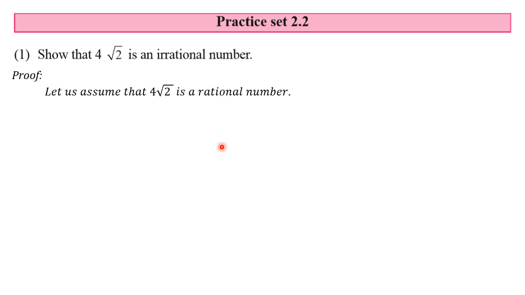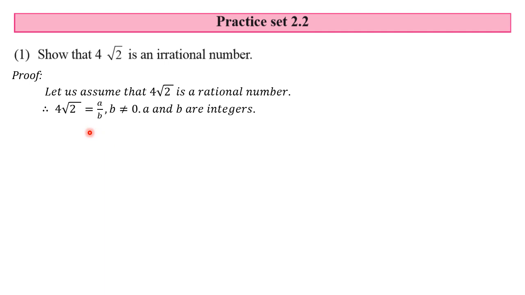So what is our first statement? Let us assume that 4 root 2 is a rational number, or you can write that 4 root 2 is not an irrational number, so it's a rational number. Then you know that a rational number can be expressed in the form P upon Q, or any other letters like A and B, which I have taken here. So I can write 4 root 2 as A upon B. The condition is that B cannot be 0, you know that the denominator is never 0. And A and B are integers, in reduced form.